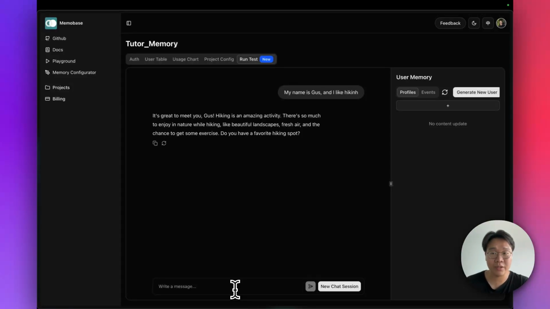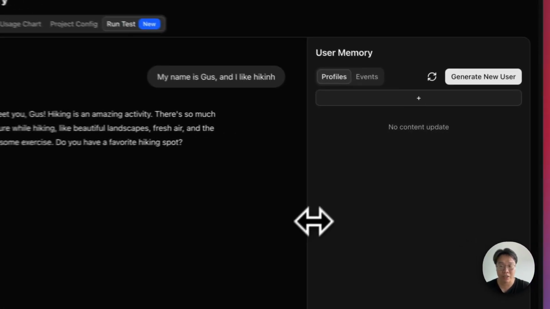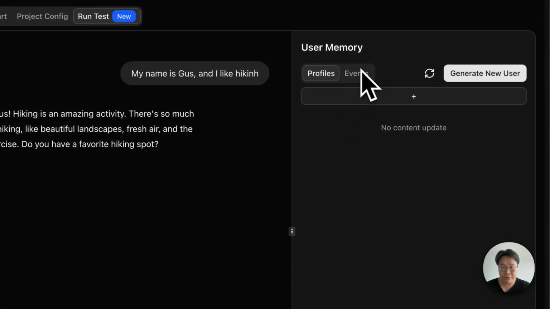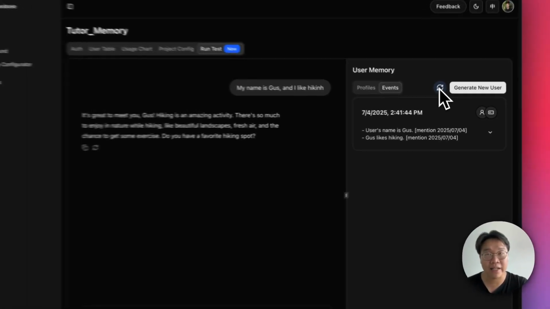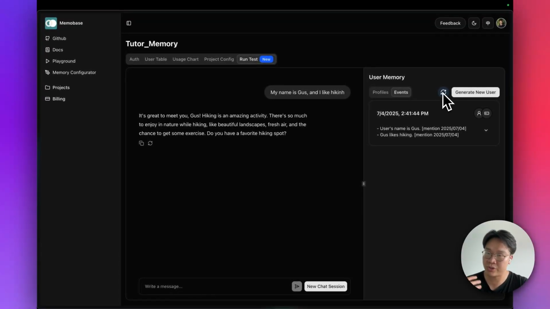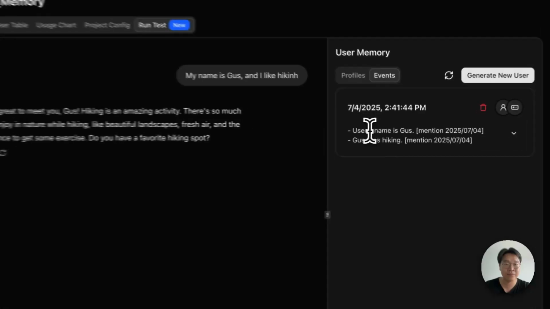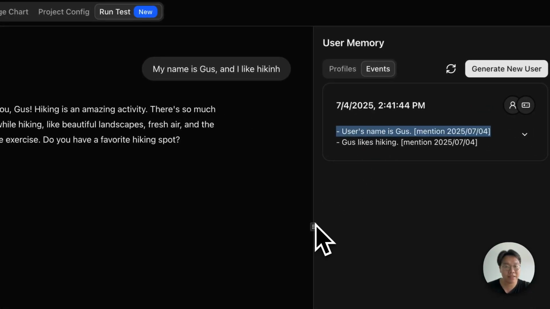So what Memobase really does is that it will process the conversations and extract the meaningful memories from them and organize them into different data structures. For example, the user events. So user events is kind of like the timeline of the users. It records all the actions and the events and the schedules of users. So in here, as we can see, there's a new event that the user mentioned his name is Gus, and Gus